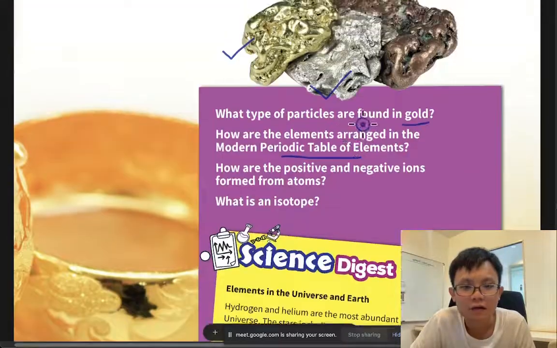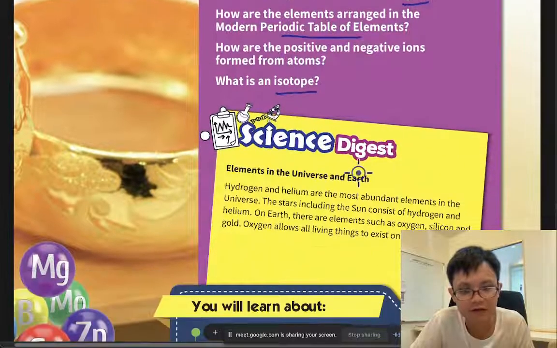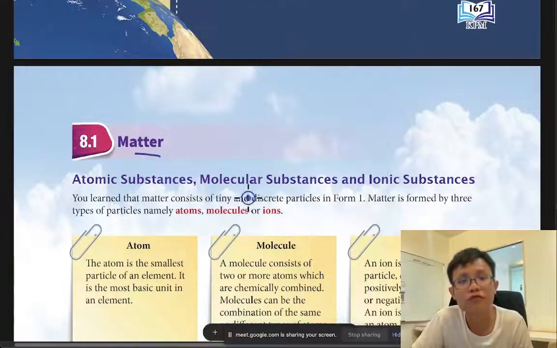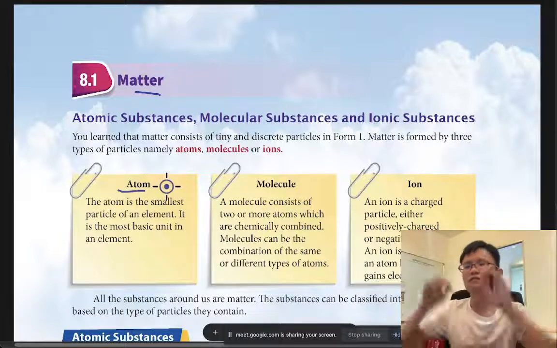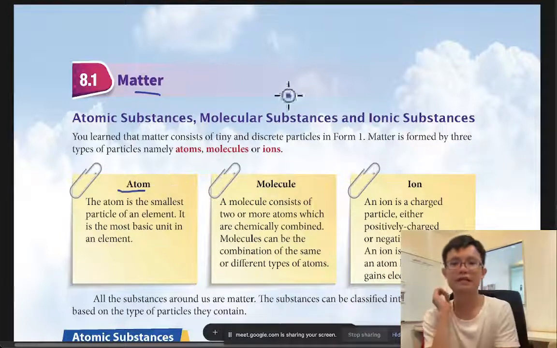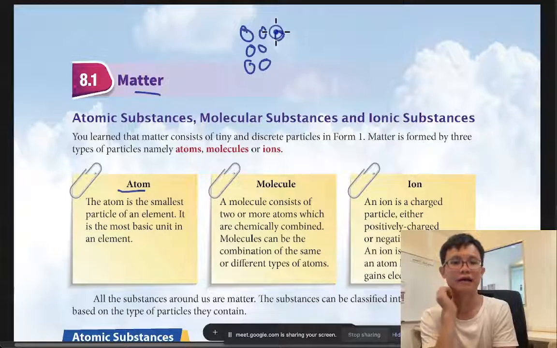Okay, where was I? Okay, so this is the gold, and later we are going to learn what is isotope later lah. I don't want to tell this one later, you get confused. So know about matter. In this world, everything is made of matter. So let's start with atom. As I say, if you see things very small, everything is the round circle. So it is called atom.